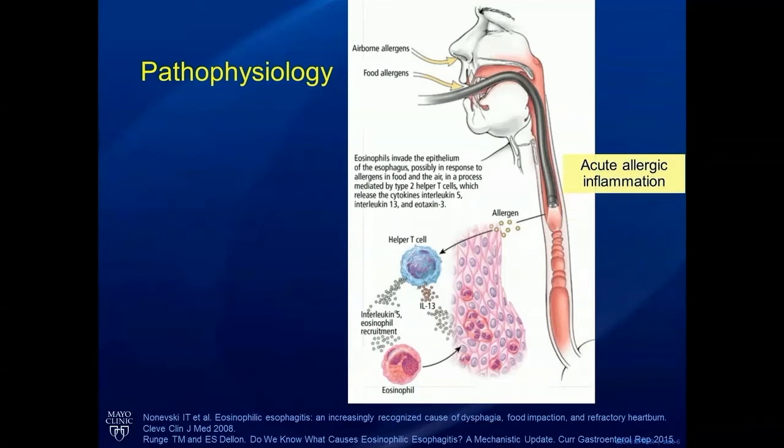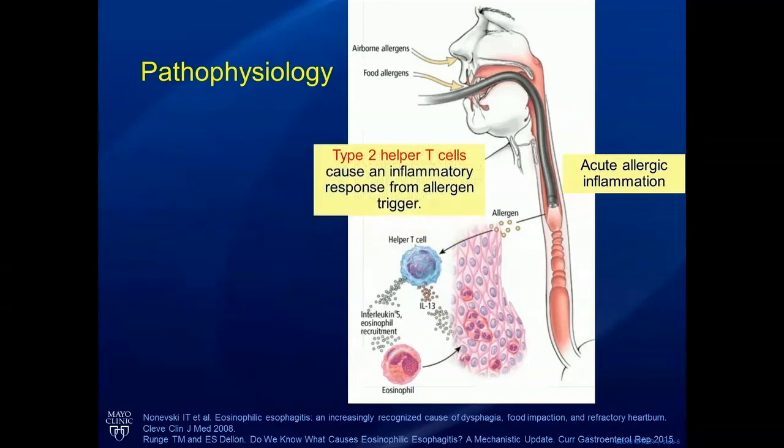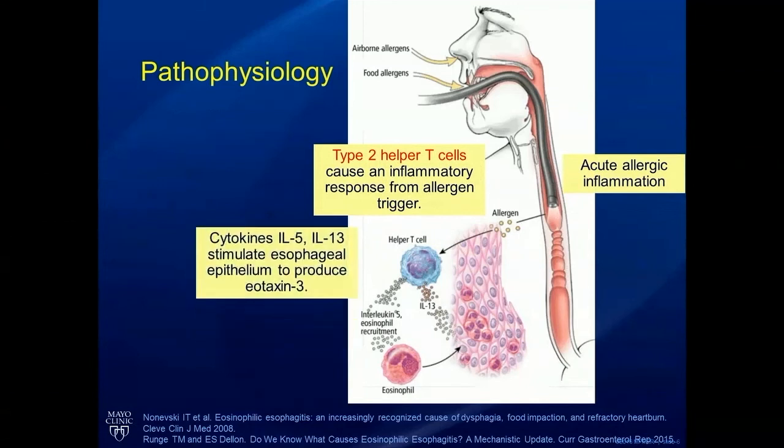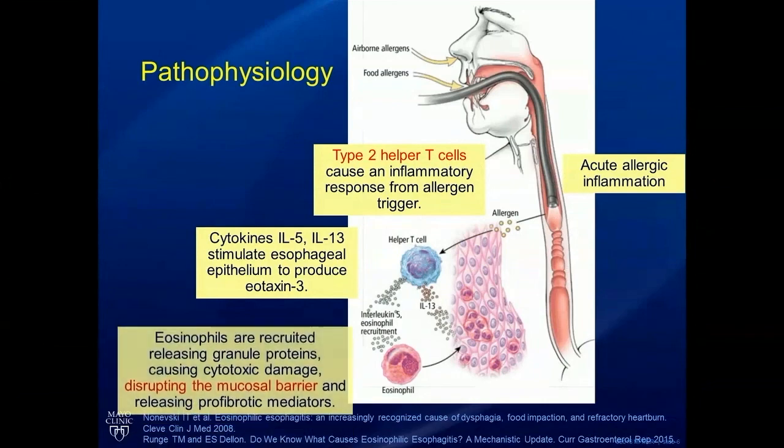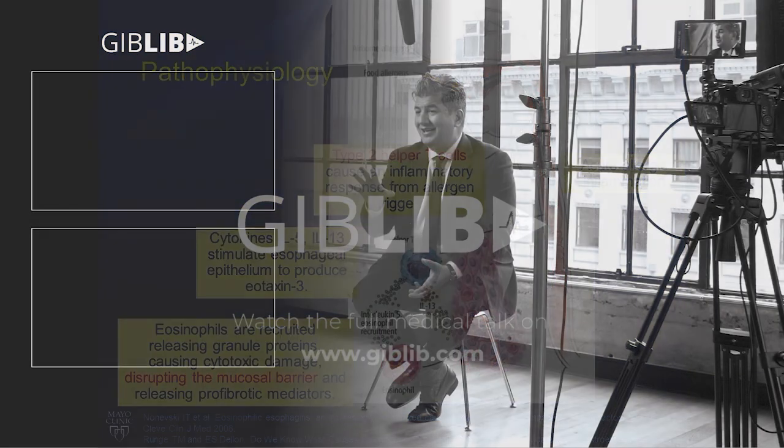So what happens is that there's an acute allergic inflammation that occurs in the esophagus, and that causes a cascade to happen. Type 2 helper T cells then cause inflammatory response from that allergen trigger. They then release cytokines, and IL-5, IL-13, and IL-4, also involved in this, stimulate the esophageal epithelium to produce eotaxin 3. The eosinophils are then recruited, and they release more granule proteins, causing cytotoxic damage and ultimately disrupting